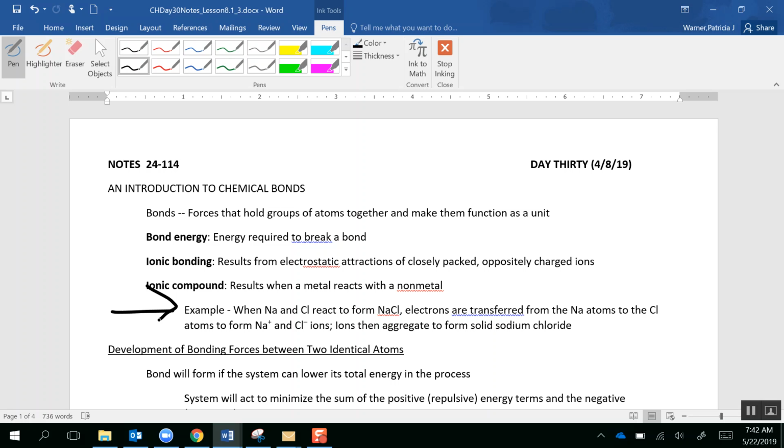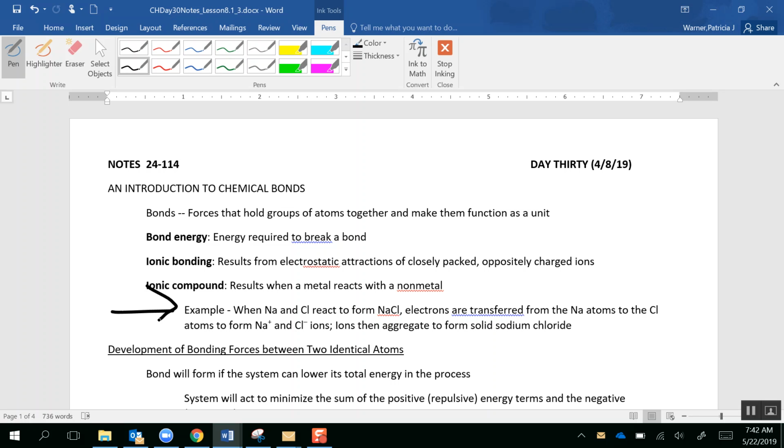If they come near each other, then one will gain an electron, the other will lose an electron, and when that happens, you form the sodium cation and the chloride anion, and that positive-negative interaction gives that electrostatic attraction there. So that's ionic bonding. It's just positives held together with negatives simply because opposite charges attract, and that forms